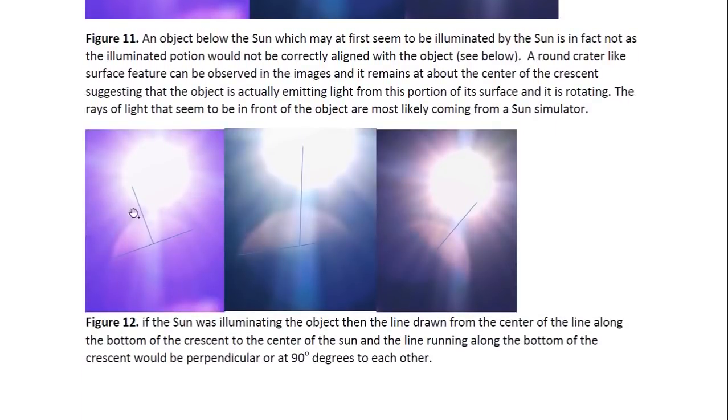And this is illustrated here: it cannot be due to the sun's illumination that the object seems to have these different orientations, because the perpendicular line from the center of this line running along the bottom of the crescent does not end up at the center of the sun. If we draw a line from the center of the sun in this middle image towards the center of the line at the bottom of the crescent, we don't have a 90-degree angle. It's not